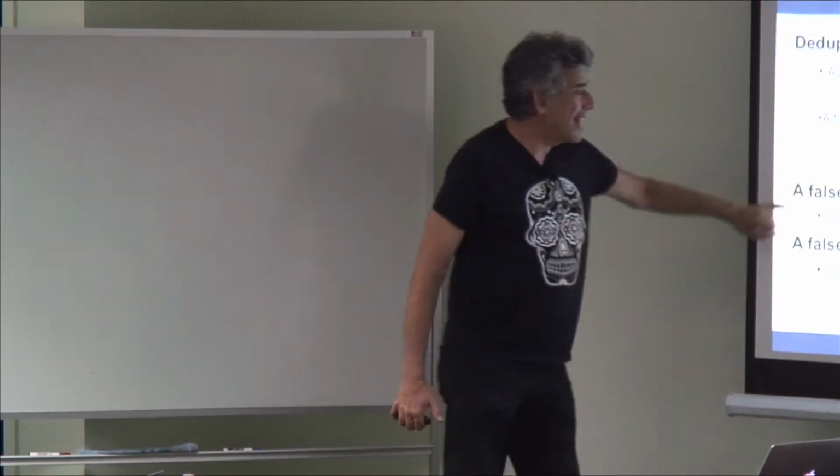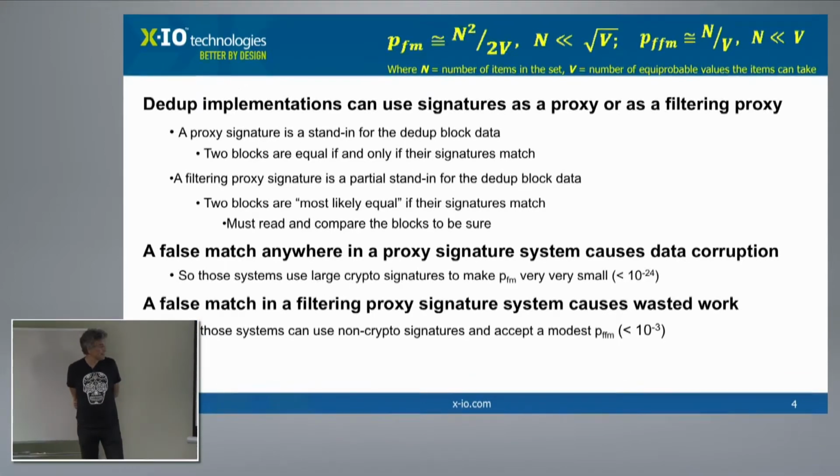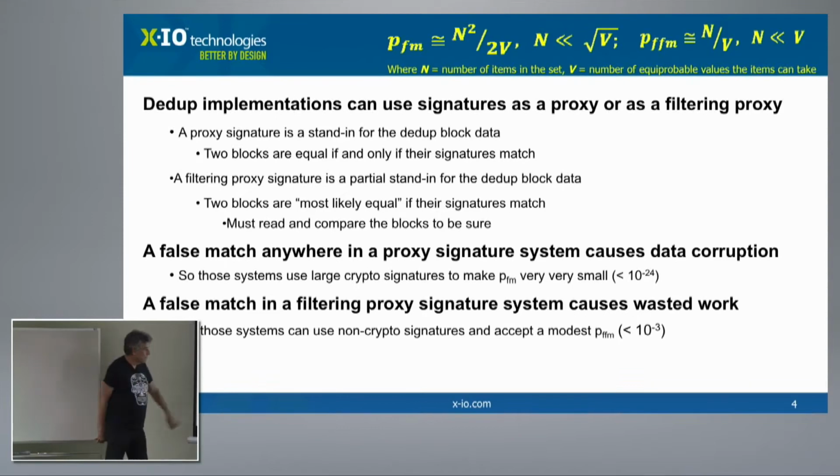So a false match anywhere in a proxy signature system is a data corruption. Okay? And that's why these systems use the large crypto hashes. A false match in a filtering proxy signature is a performance issue. It causes wasted work. So you want to keep that down, but not,